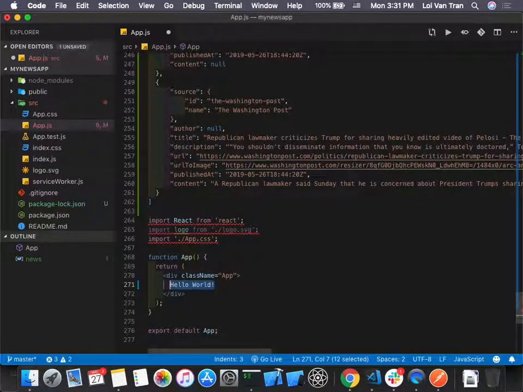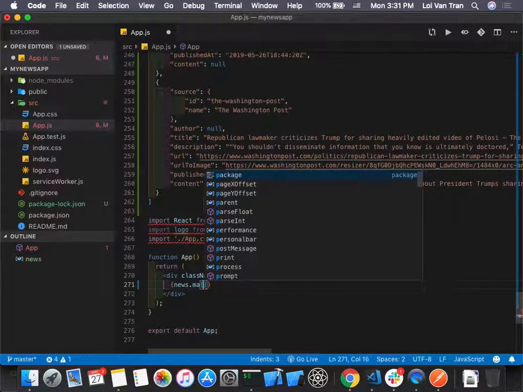Now what can we do, guys? We can do some JavaScript, right? We can do news. Okay, we can say news.map